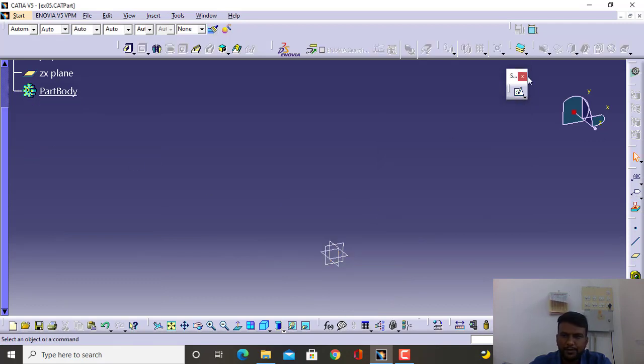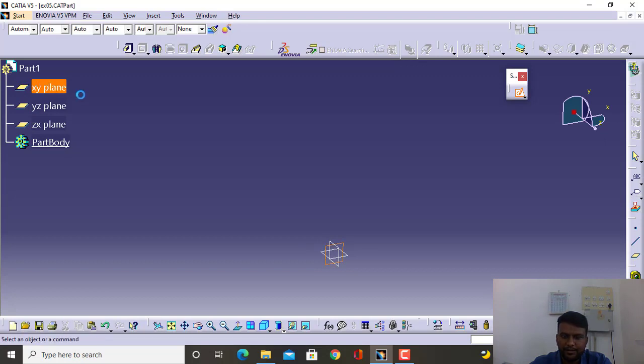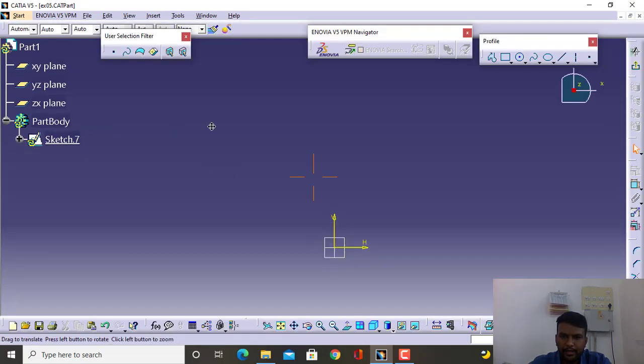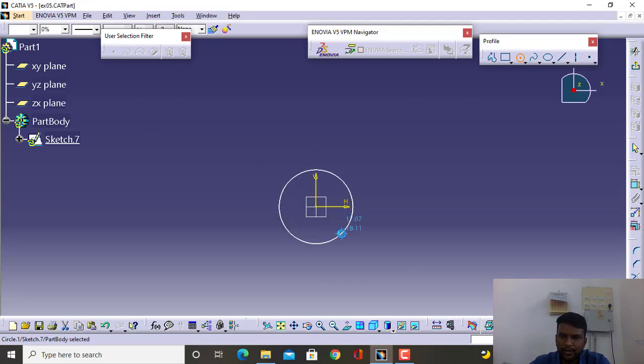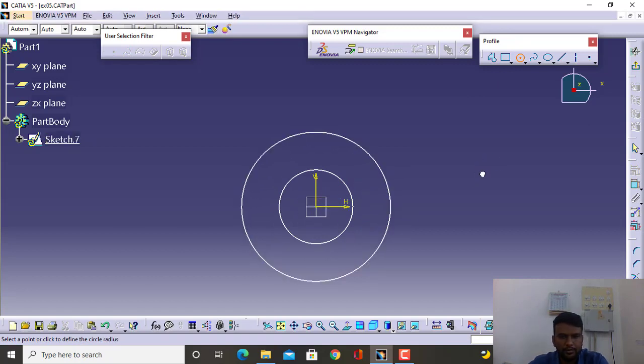Okay, right. So again similar procedure, go to the sketch and select the planes here. Right. The next thing is draw circles here. Either we can draw two circles or we can use the one more command that's called shaft. So we are going with the pad command, we are drawing two circles, then define the dimension value.